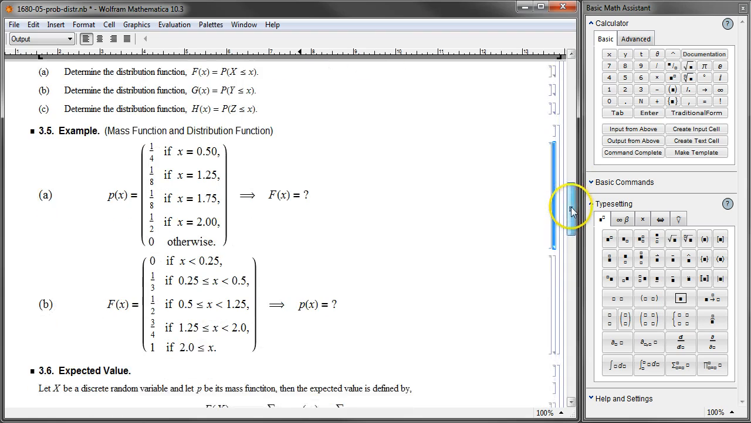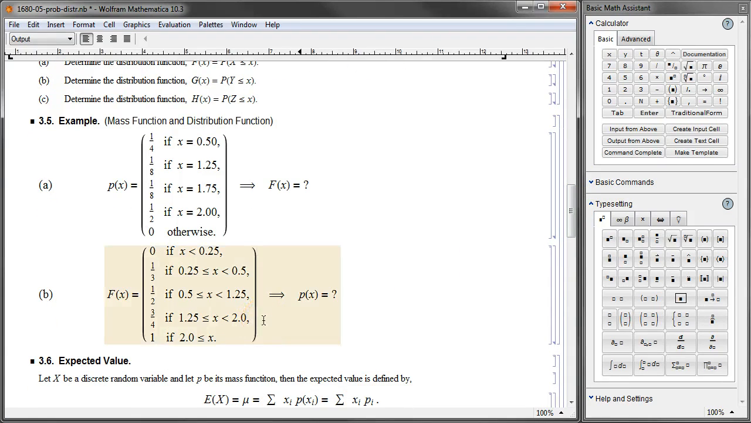Okay, how about the other way around? When the cumulative distribution function is given, we have to retrieve the mass function. Well, let's see if this is really a cumulative distribution function. 0, 1/3, 1/2, 3/4, 1. Is it increasing? Yes, indeed. Alright, so this can be a cumulative distribution function. Where are the breaking points? 0.25. That's where